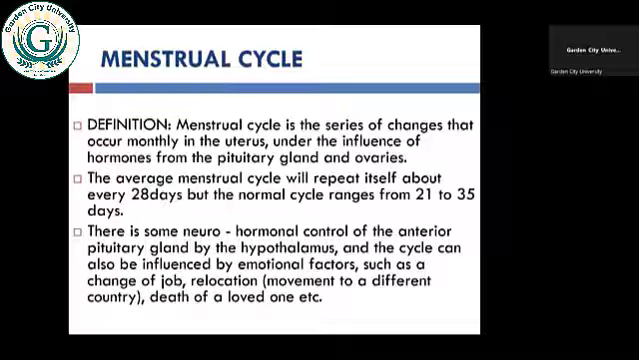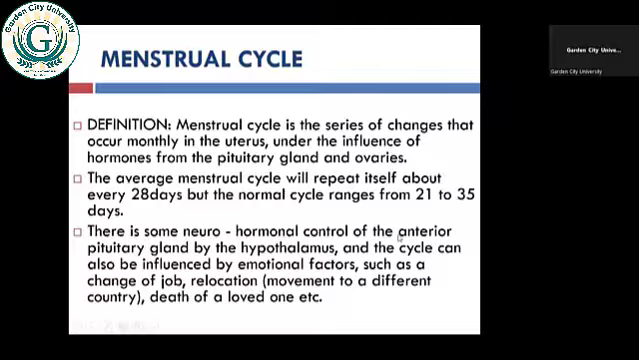Then the menstrual cycle. The menstrual cycle is a series of changes that occur monthly in the uterus under the influence of the hormones from the pituitary gland and the ovaries. And the average menstrual cycle will repeat itself every 28 days. But the normal cycle ranges between 21 to 35 days. And there is some neurohormonal control of the anterior pituitary gland by the